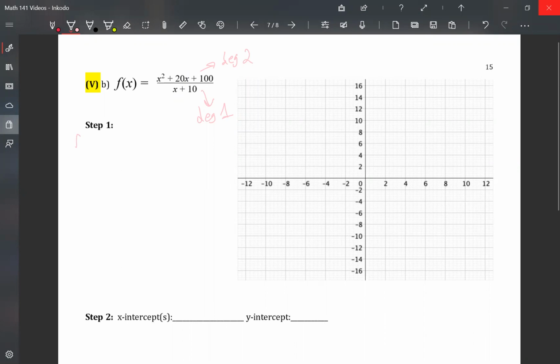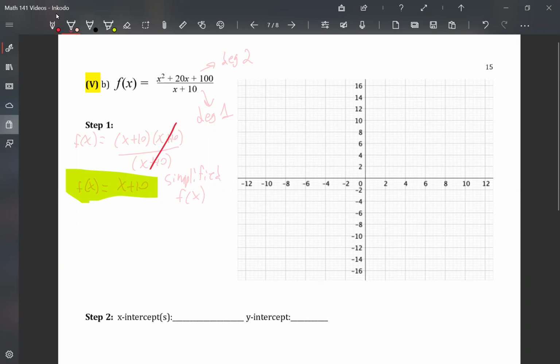So take the numerator and factor it. You can do factor by grouping, completing the square, magic X, magic diamond, whatever it may be, but you're going to get x plus 10 in the numerator times x plus 10. And in the denominator, we also have x plus 10. And if we notice, we've got x plus 10 that can cancel. So what we have is x plus 10 as a simplified f of x,